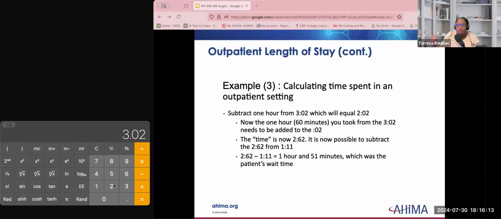So from 3:02 to 2:02 is just 60 minutes, but when you add on 60, you're looking at 2:62 minus 1:11, giving you 1 hour and 51 minutes, because you want to convert everything into hours and minutes. Now we know that patient waited for whatever reason 1 hour and 51 minutes,